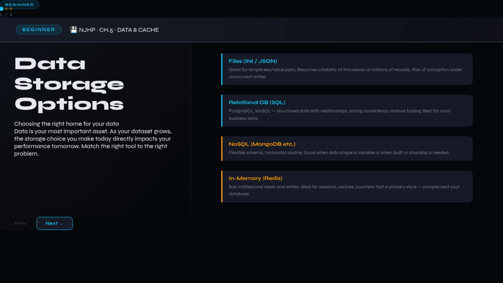The core storage categories to consider are: files on disk for simple or ephemeral data, relational databases like PostgreSQL or MySQL for structured data with relationships, NoSQL databases like MongoDB for flexible schema needs, and in-memory stores like Redis for high-speed, ephemeral data. Each has its trade-offs, and matching the right tool to the right problem is the first step